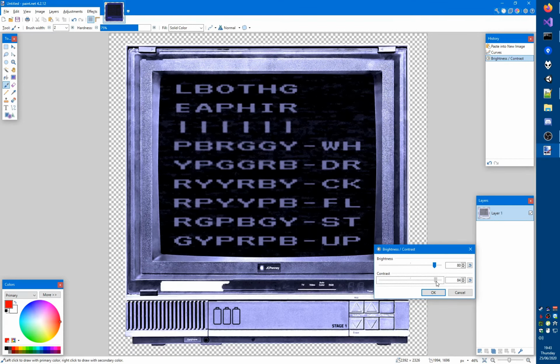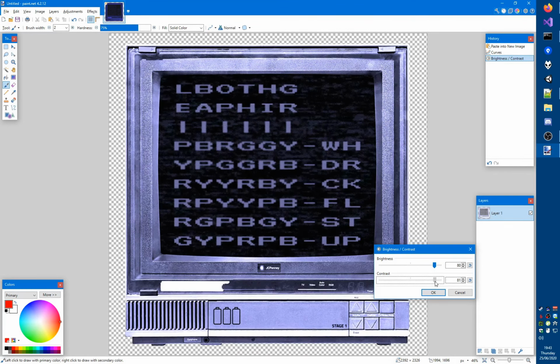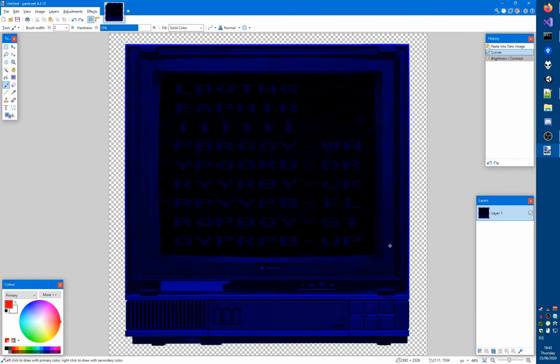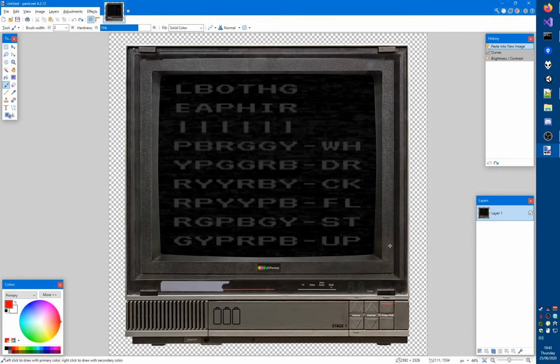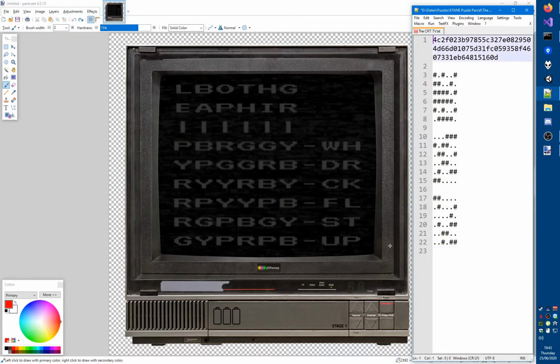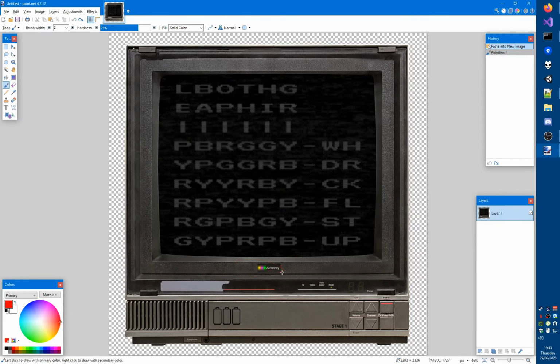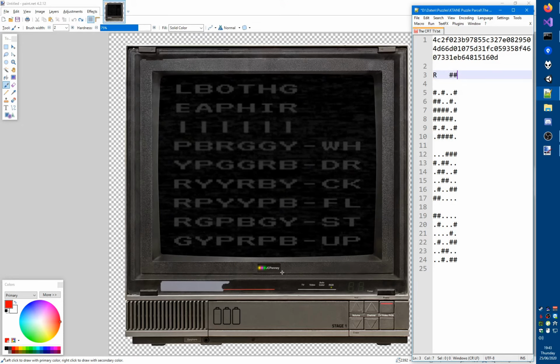It definitely makes the text easier to read, but it's the same text in all of the channels, so I don't think this is relevant. So let's undo that. Okay, so those LEDs that we see here where it says JCPenney, in the red channel we had that, in the green channel we had that, and in the blue channel we had that. Not entirely sure what that is supposed to refer to. Okay,